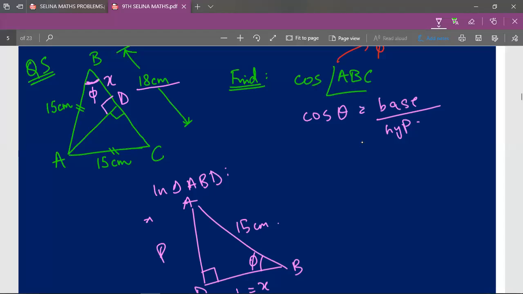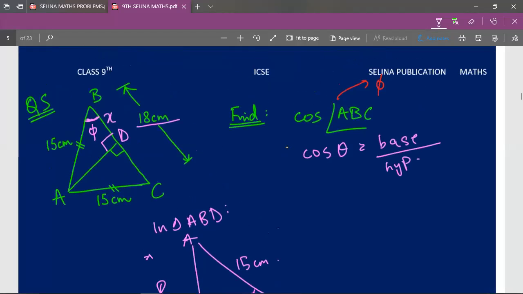Now a note to the viewers: this imaginary line is drawn because I have assumed that there's a line in this triangle, since the question mentions that triangle ABC is an isosceles triangle. So I have drawn a line in between so that it looks like a right angle triangle, and it is divided into two parts. This is the first part of the triangle ABC, and this is the second part. So BD is equal to X.